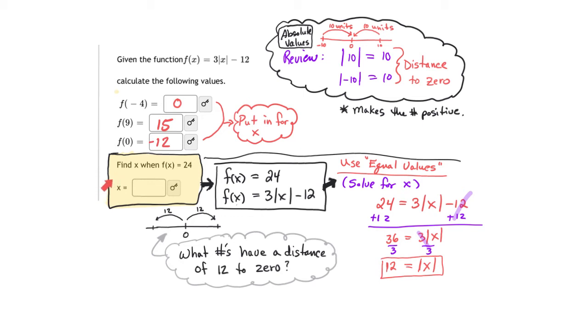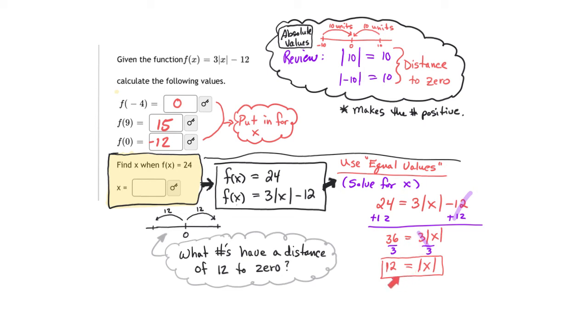We're trying to figure out, when the output is 24, what was the original input? That means if I say f of x equals 24, and f of x also equals this, then I can take those two things and set them equal. If I do that, then I have 24 equals 3 times the absolute value of x, minus 12. My goal then is just to solve this for x. That means I'm going to cancel the 12 by adding 12 to both sides, get rid of the 3 by dividing by 3, and then you're finally down to the part where the absolute value of x